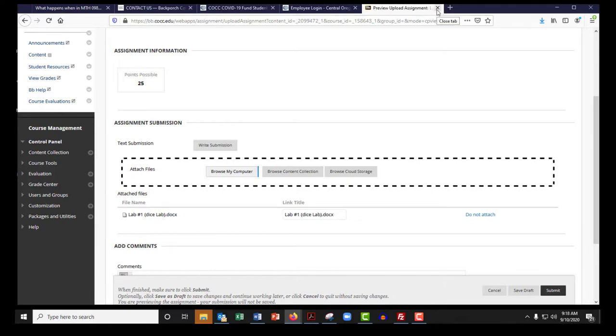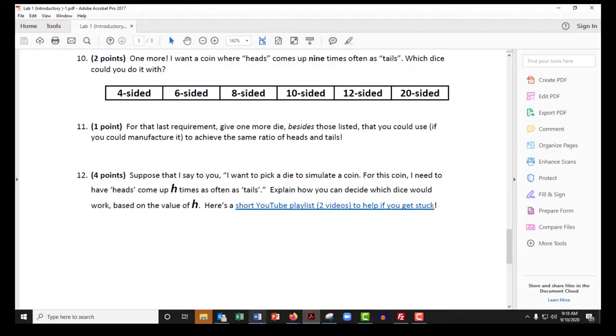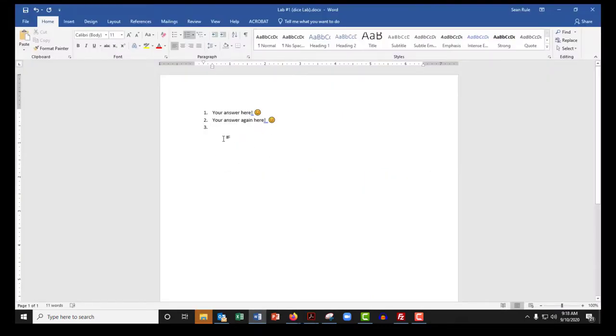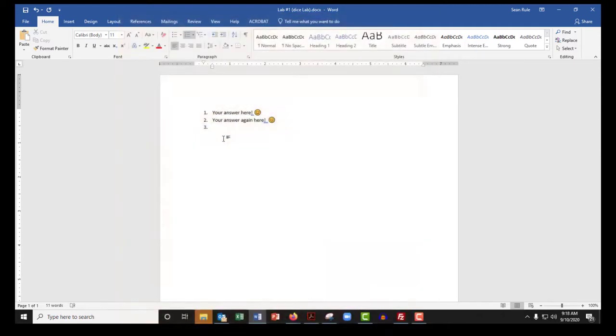Now, some of you might be thinking, wait a minute, Sean, I don't like this starting a Word document thing. I actually want to write stuff on a piece of paper. Hey, you know what? That's fine. You totally can do that. Get a piece of scrap paper, any piece of scrap paper, recycle it, whatever, piece of cardboard, I don't care, and legibly write your work on a piece of paper or pieces of paper. Then take a picture of your work and send that file via Blackboard in the exact same way.